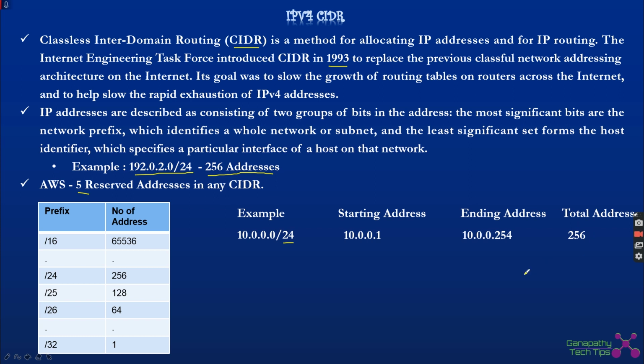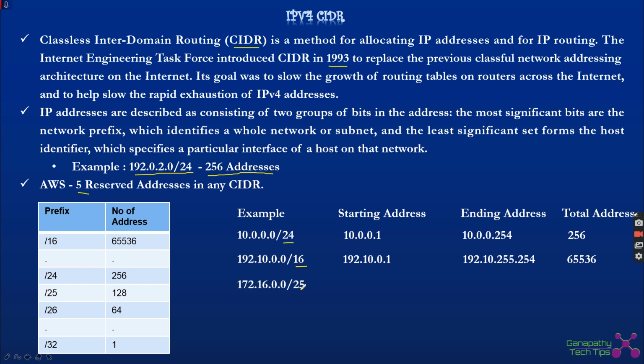So for your practice purposes, I am adding some other things over here. I am giving you some time gap so that you can calculate it and keep it ready. Let's check whether it is correct or not. So here in this case we are going to deal with 192.10.0.0/16. So /16 is going to be 65,536 addresses for me. So the starting address and ending address is going to be 10.0.0.1 and then 255.254, since we are dealing with the last two octets as it is /16 over here.